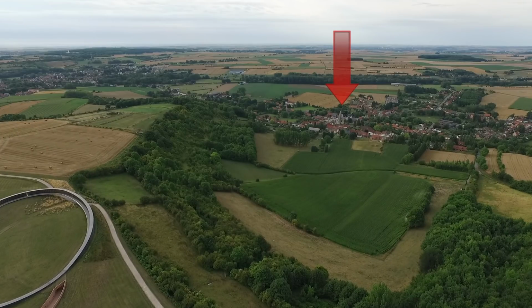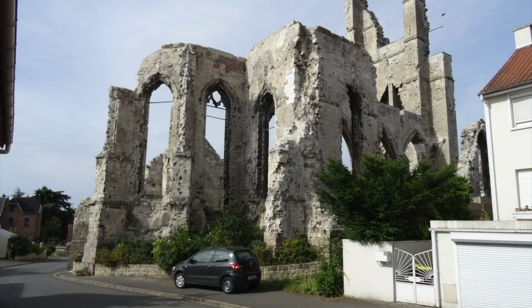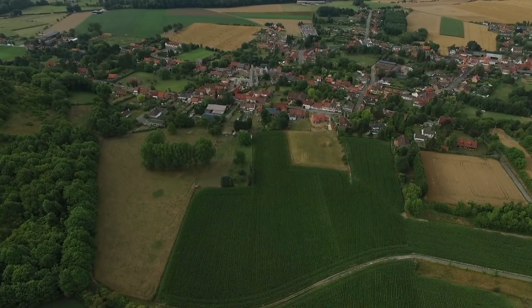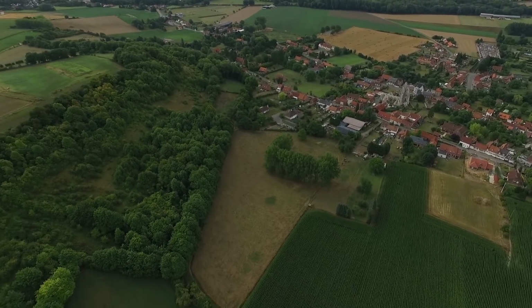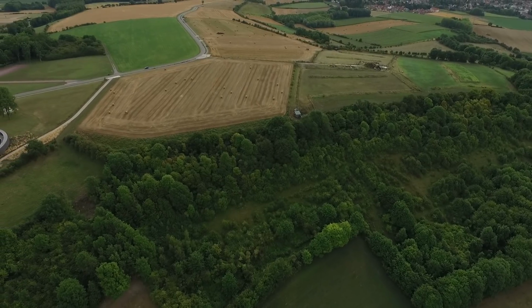There's the remains of the Blaine St Nazaire church. After the war, as the people moved back and reclaimed their destroyed village, they decided to leave the church exactly as it was at the end of the war in 1918, as a memorial to all those who died in that area and to the village. And that's the village of Blaine St Nazaire, completely destroyed in the battles of 14 and 15. Panning back round to the north,